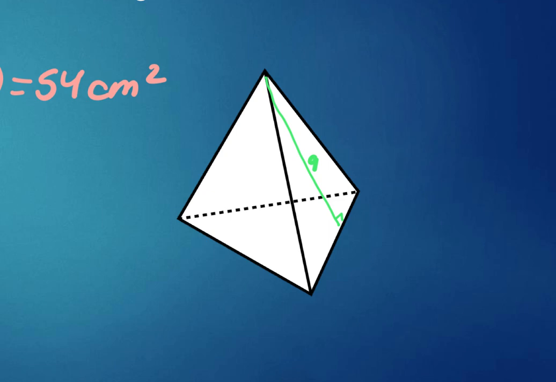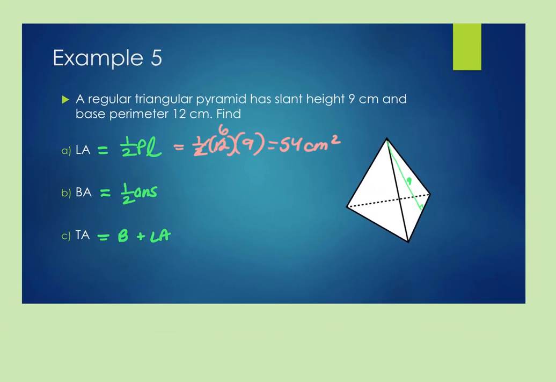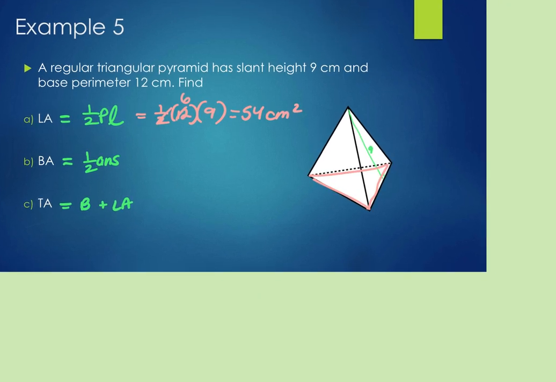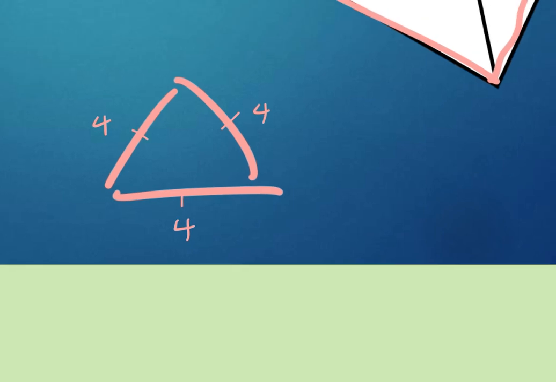Yeah. So if I want to find the base area, this is my equilateral triangle, right? I'm just going to turn it so I'm looking at it. The equilateral triangle has a perimeter of 12, which means what's true about each side? They're equal to 4. They're each 4. So if I want to find the area of this equilateral triangle, I can either find the height of it, or I can do what we've been doing, which is